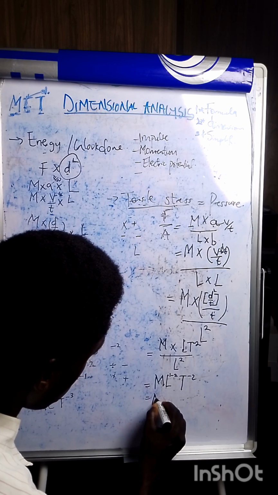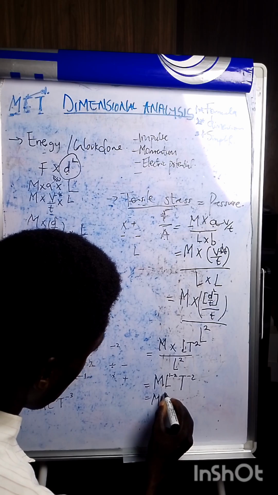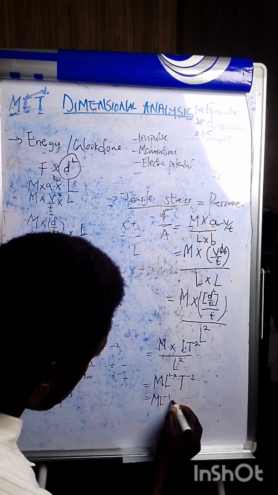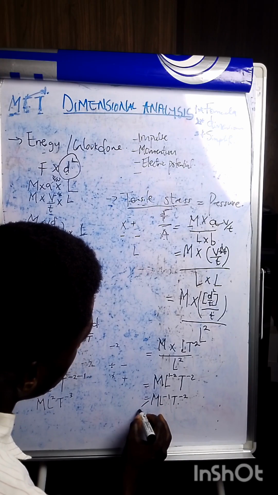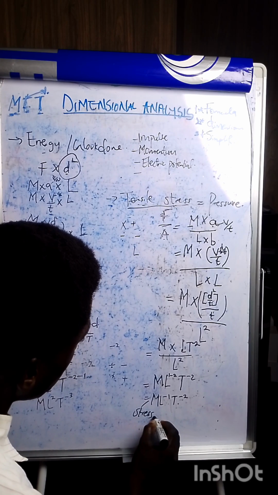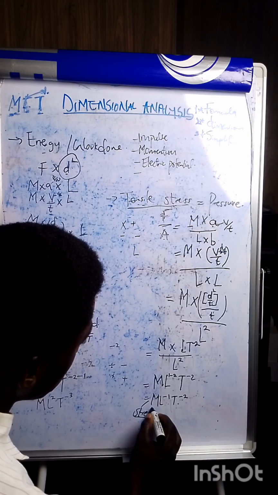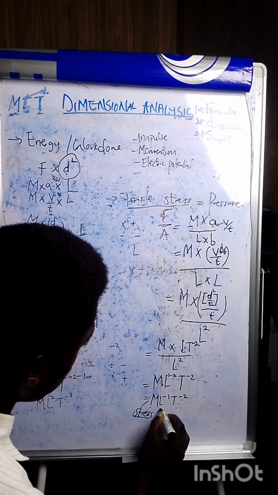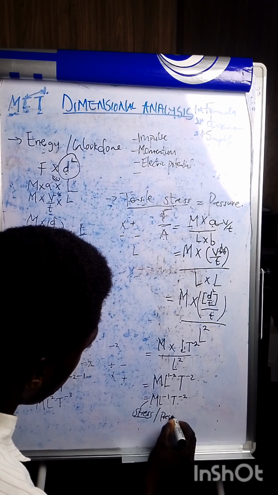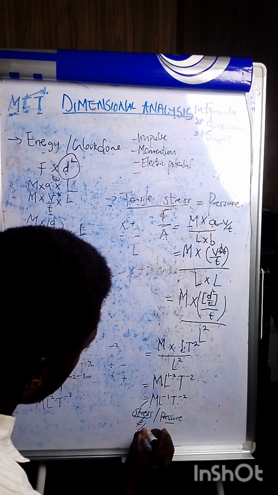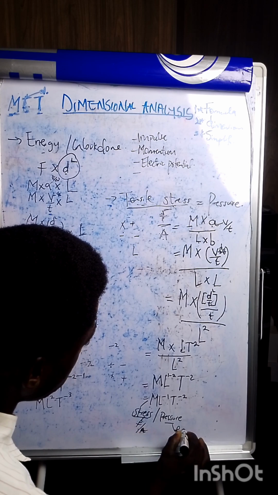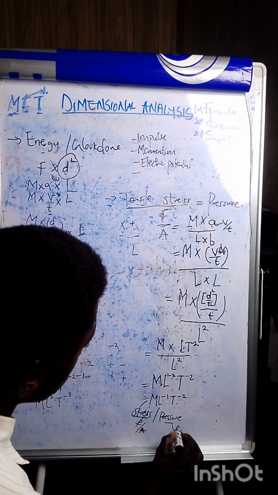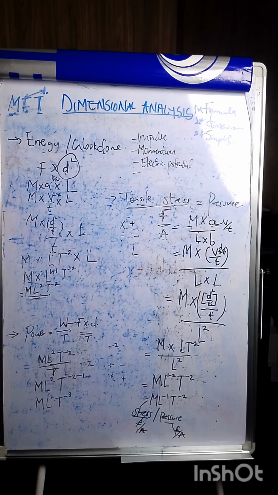Let's solve further. Then M L, then 1 minus 2 will be minus 1. Then T was minus 2. And then you get the dimension for stress. And please take note, this dimension for stress is also the same for that of pressure, because they are having the same formula. Are you with me? All right. So that's about